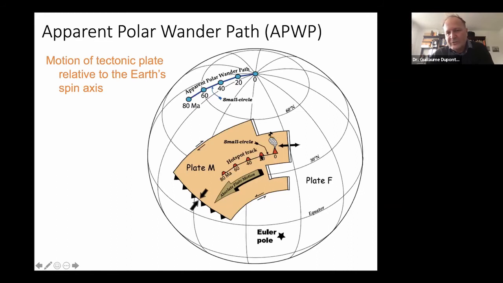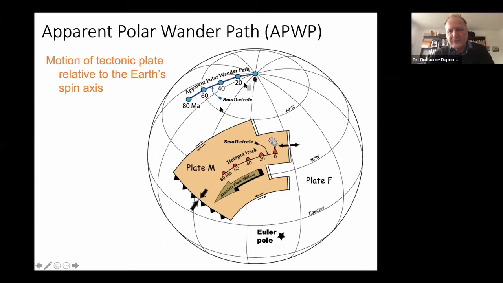But on the volcano that is 20 million years old, from the rock, you could deduce the north magnetic pole to be a little bit further to the left here. This is called the apparent polar wander path, because this is how the pole seems to be wandering if you go into the past. If you take samples from all these different volcanoes, you will get a different north pole. It's not the north pole that has been moving, but the plate that has moved. For each plate, you can get this path.